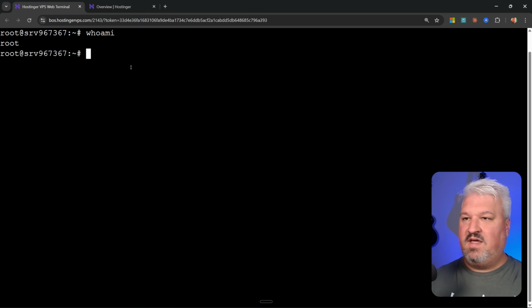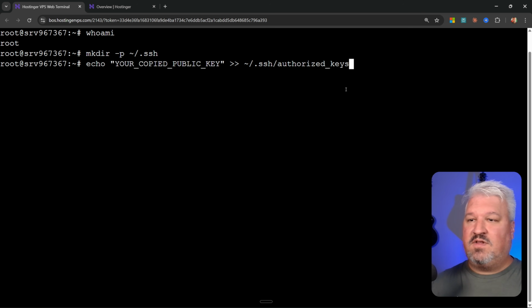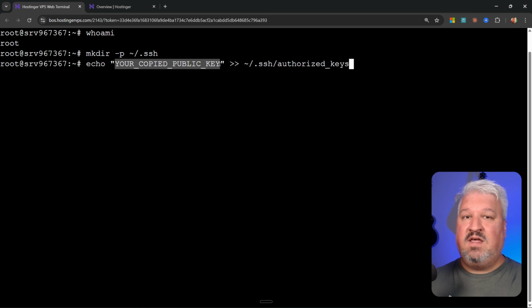Now that we have our key, we can go back to the Hostinger terminal, so on the VPS, and I promise you we're almost done. This is actually the hardest part. Run this command, mkdir -p ~/.ssh. Then we have to pass that secret key. So we do that by sending echo, then in double quotes, you can just paste in that key of yours,